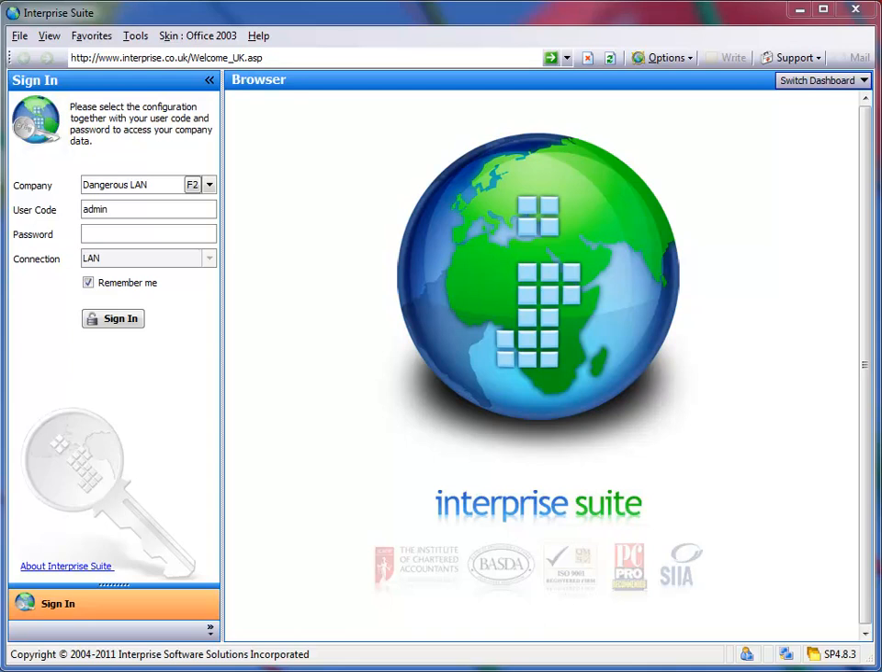Today I'm going to go over our new version sp483, just covering briefly the changes, updates and feature enhancements that we've made to the product. So if I log into my database,